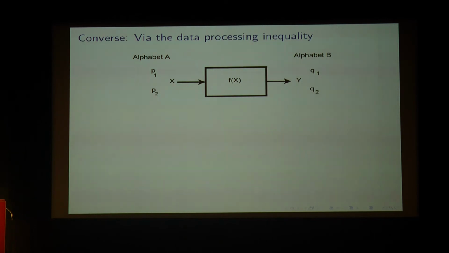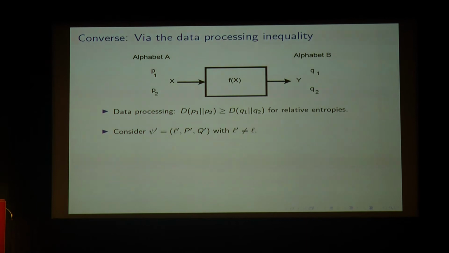And this second law of thermodynamics says that the processing capability is better here. You'll be able to distinguish things better here than on the other side. Okay, and this is where the D here stands for relative entropies. So now let's consider, we have a ground state which is the particular problem instance with an epsilon, with